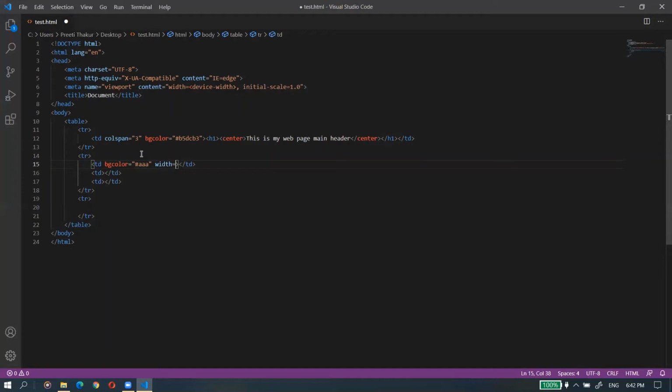Width is basically the percent, and you can give it in percentage so that it takes the screen size, meaning 20% means 20% of the overall screen size, right? I'm giving it in percentage, because if you don't know exact pixel values, you can give it with the help of percentage signs, so that it gives an impression of the percent of the whole screen. So for this particular column I'm giving 20% of the screen. So let us give it 20%. Okay.